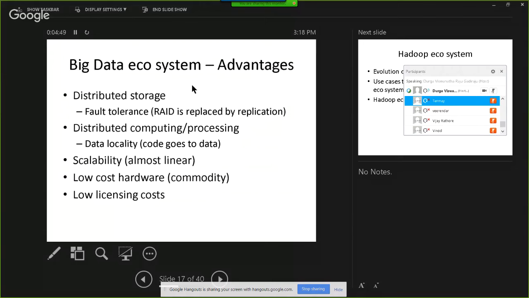So the advantage is, if you think about counting 10 GB worth of data, the code that is compiled to get that count now goes to the nodes and does the count over there.